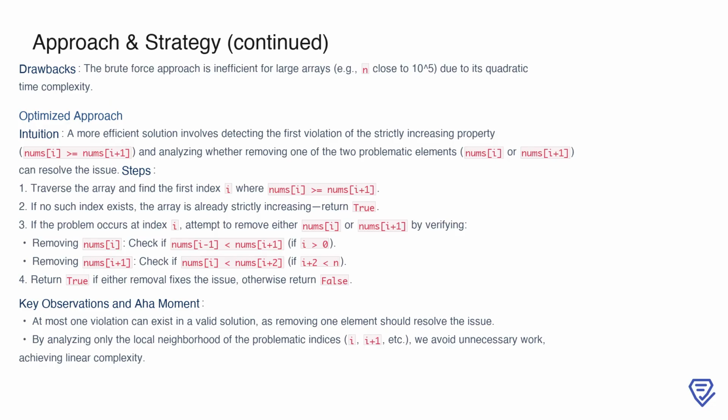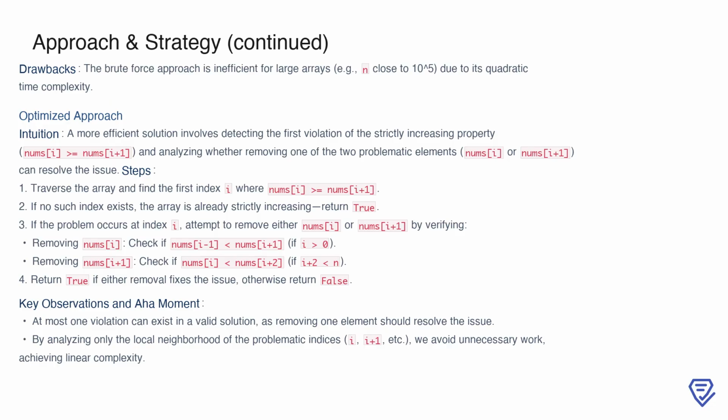Alternatively, if we remove nums[i+1], we check if nums[i] is less than nums[i+2], assuming nums[i+2] exists. If either of these removals restores the strictly increasing order, we return true. Otherwise, we return false. The key insight here is that in a valid solution, at most one violation can exist. By focusing on this single problematic region, we eliminate the need for redundant checks across the entire array and achieve